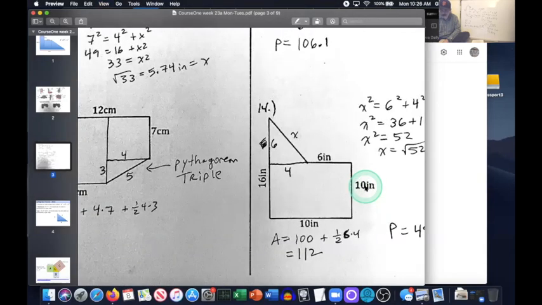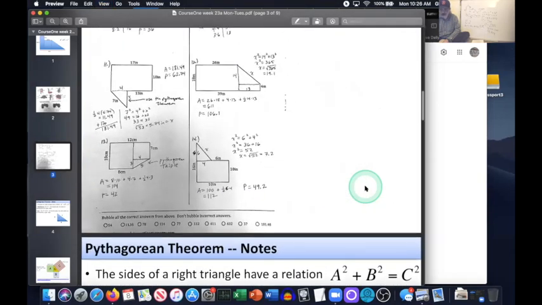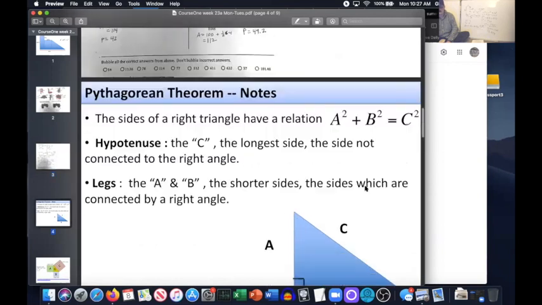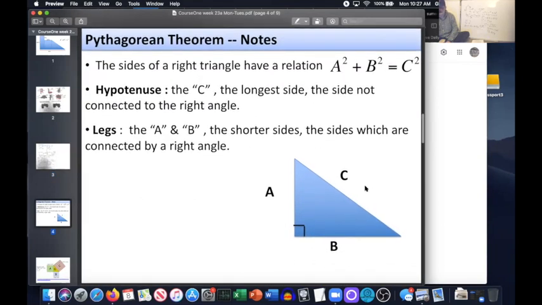Okay, so the Pythagorean theorem. We started using this last week, and today we're going to do a more thorough lesson on the Pythagorean theorem. This is a very ancient formula, very ancient. And more than likely, it popped up in different parts of the world independently